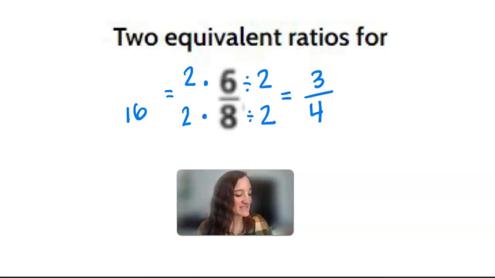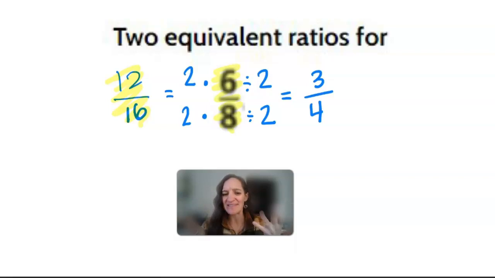All right, what I was saying before I interrupted myself is that this ratio, 12 to 16, is the exact same as 6 to 8. Not exact same, like we can't say they're exact same, right? Because one has a 12 and one has a 6, but we can say they are equivalent, meaning this equal right here sounds equal, right? So they don't look the same, but they are equivalent. All three of those ratios are equivalent. They have the same